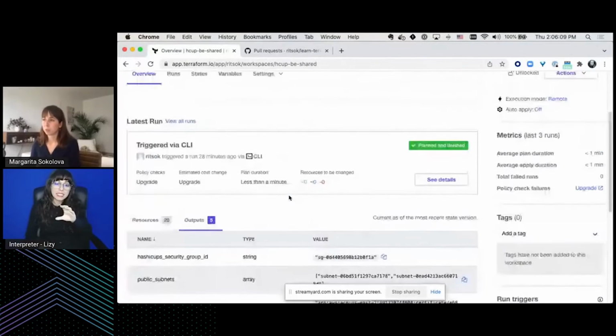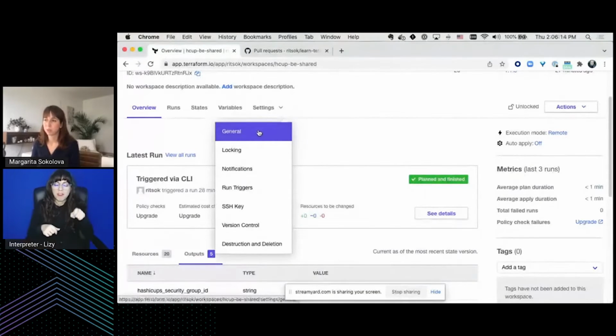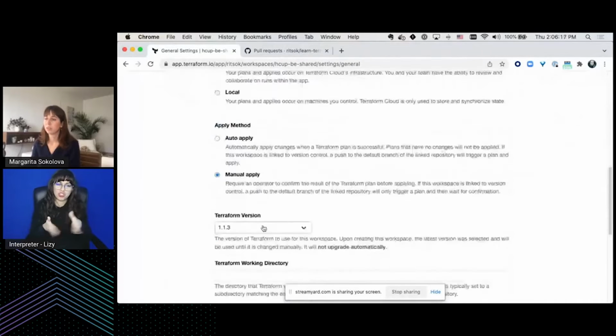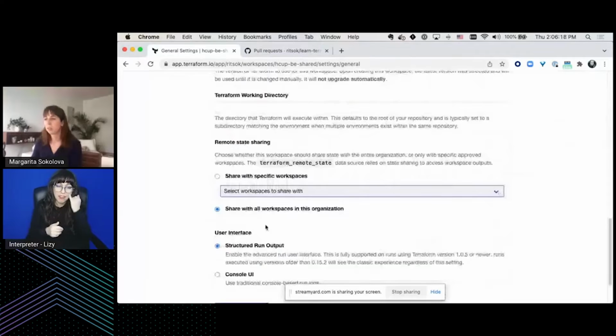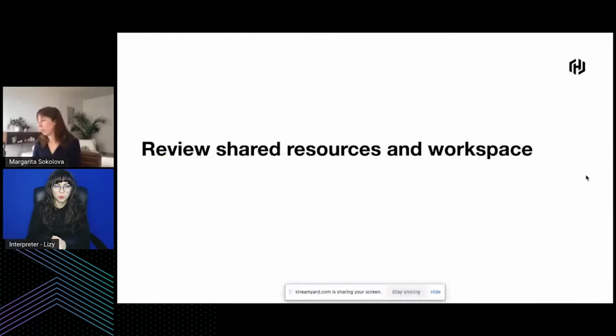Now, importantly for this to work, I also had to enable remote state sharing, which is a general setting on the workspace. If I scroll down here under remote state sharing, once again, I've selected share with all workspaces in the organization because they'll be dynamically generated. So once I deployed those resources,